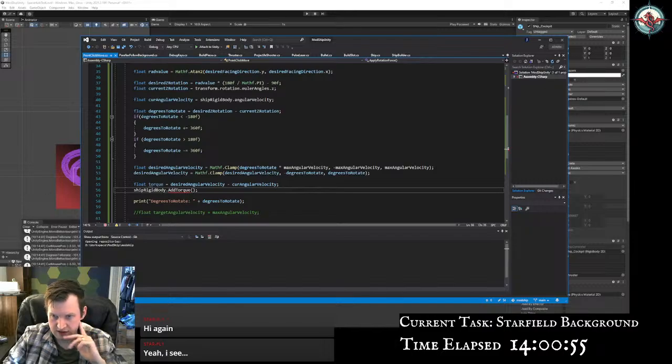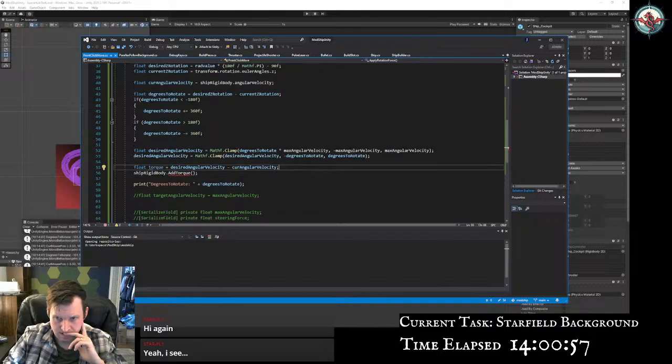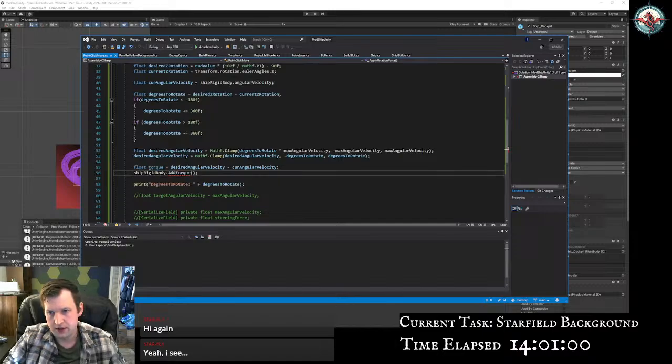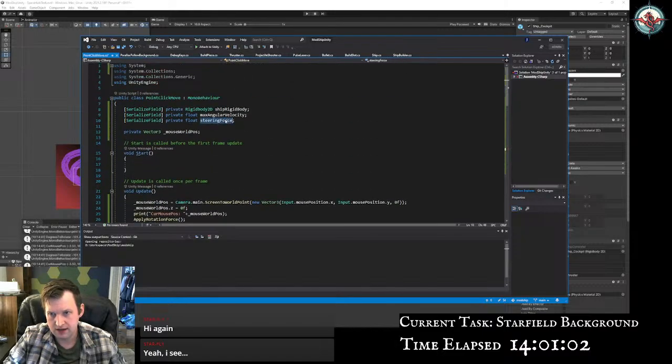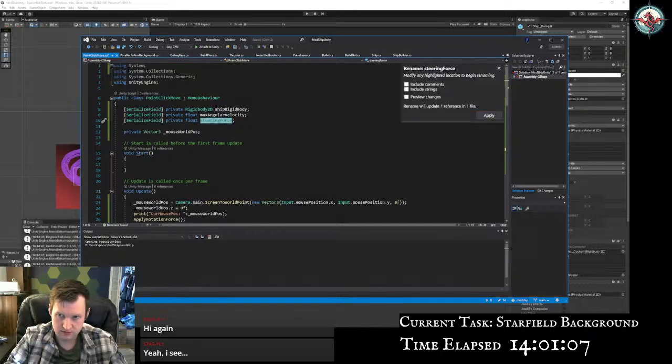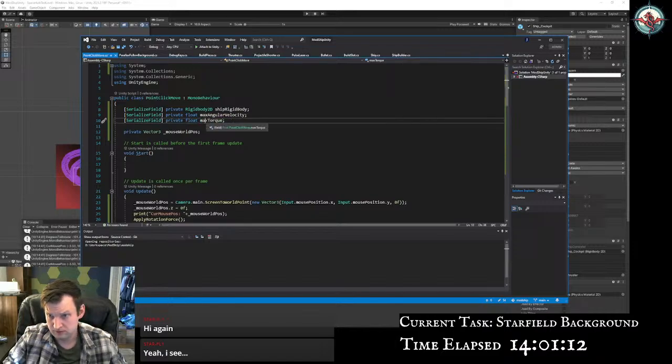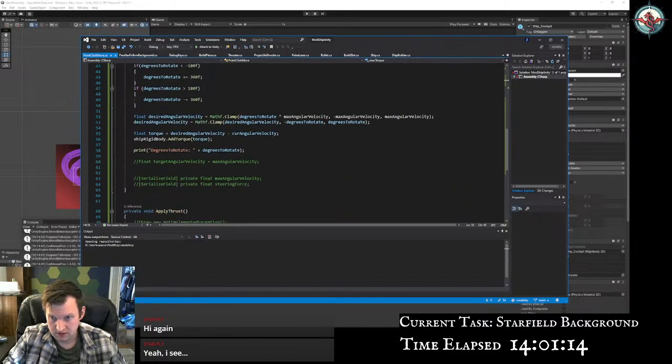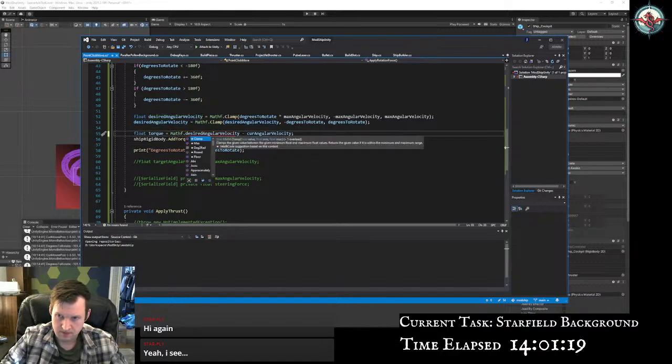My dog's being a lunatic. But we never want the torque to be more than the max. Call this max torque, because it's really what it is. Clamp this value to between negative max torque,